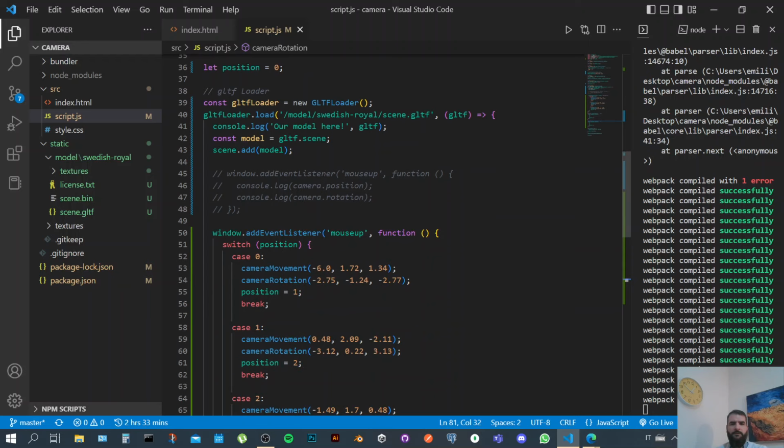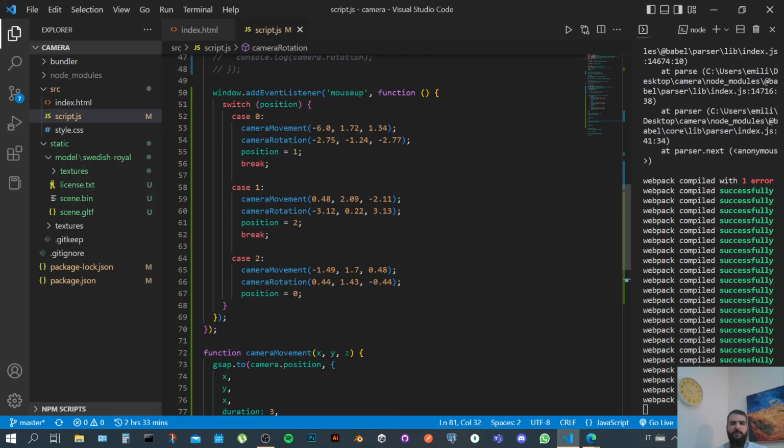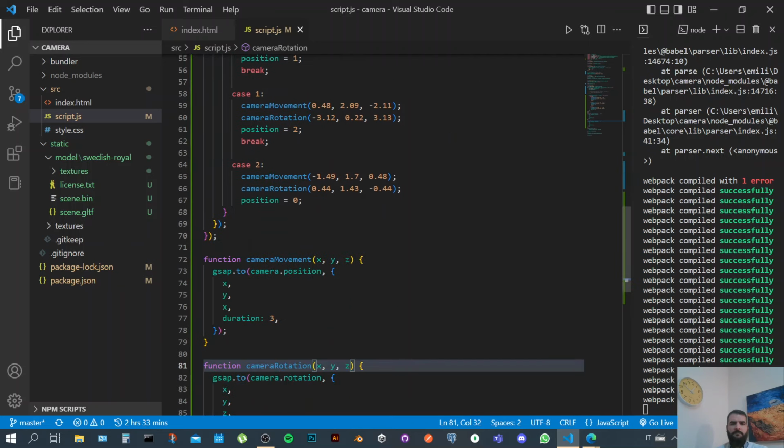If position, case 1, do this movement, position is 1, then break. Then do this movement, position equal to 2, then break. Do this movement, position is equal to 0 again. This is correct. The function,